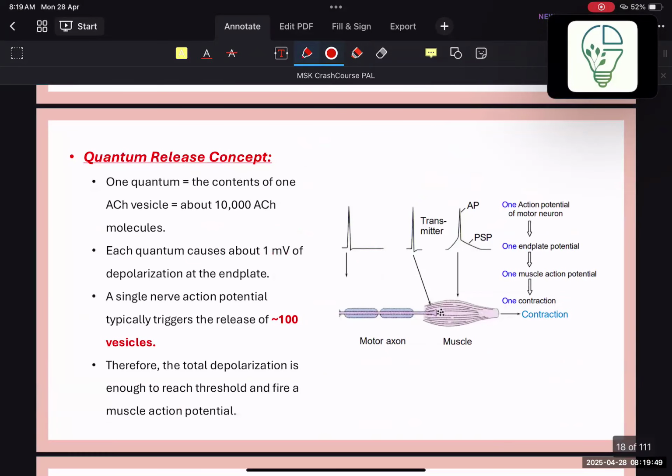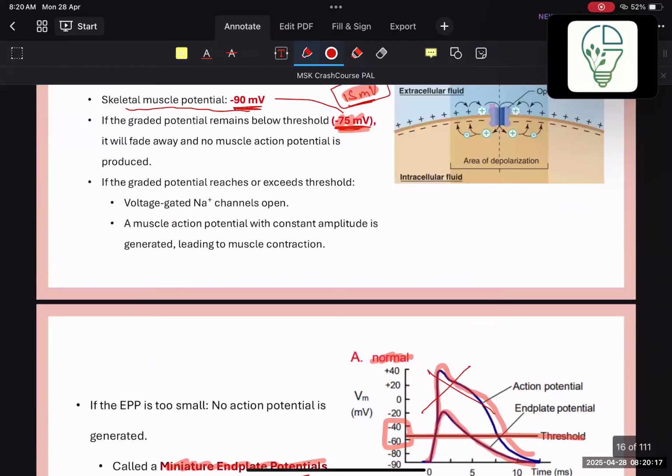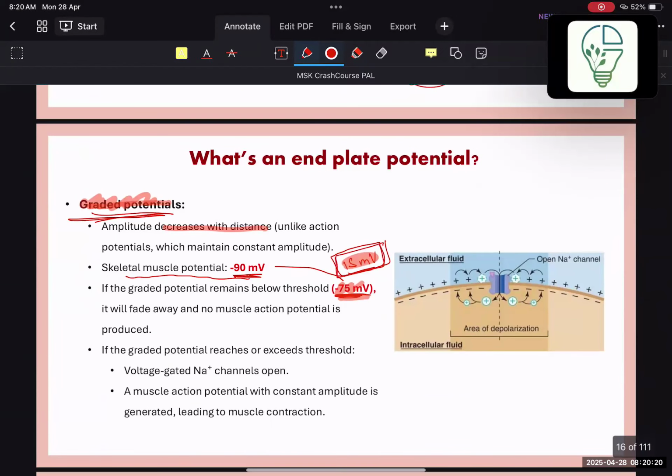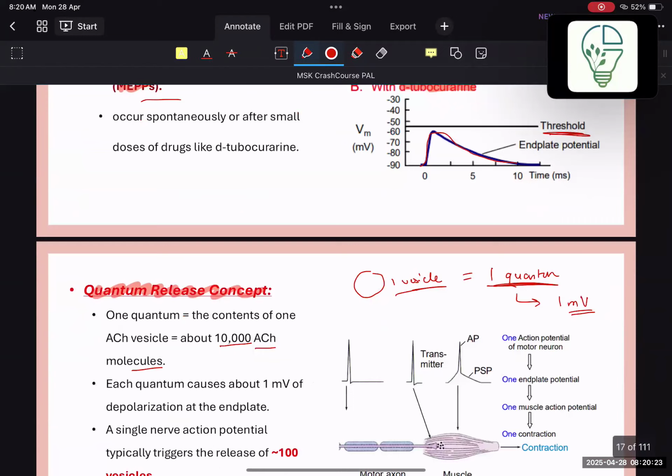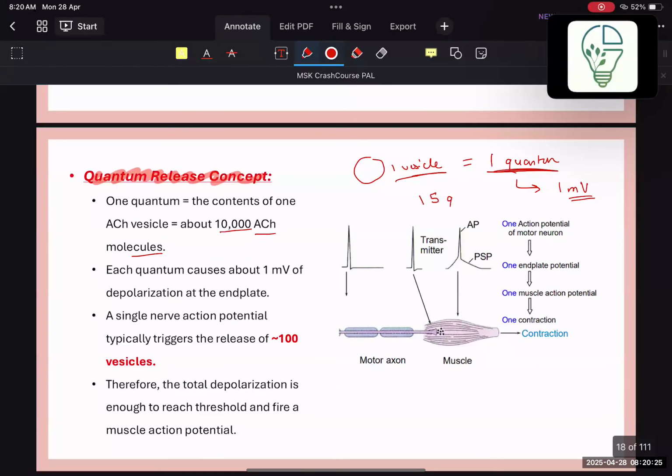Now we're going to move on to something called the quantum release concept. So in one vesicle, you're going to have almost 10,000 ACh molecules. And there's a theory that says one vesicle is going to equal one quantum. And then this theory also says that one quantum will be enough to elicit 1 mV of depolarization. So following what we were explaining earlier in this slide, which is that we need a 15 mV difference, the theory basically says that you're going to need 15 quanta at least if you want to trigger an actual action